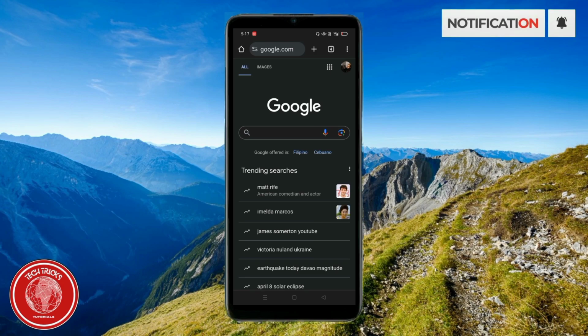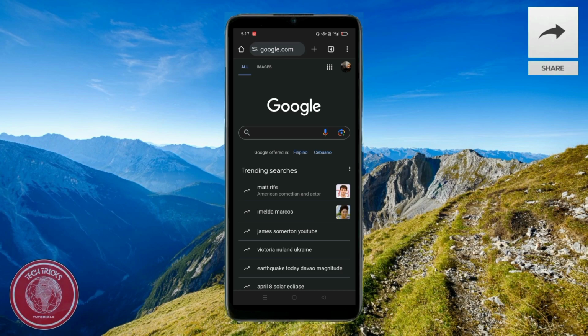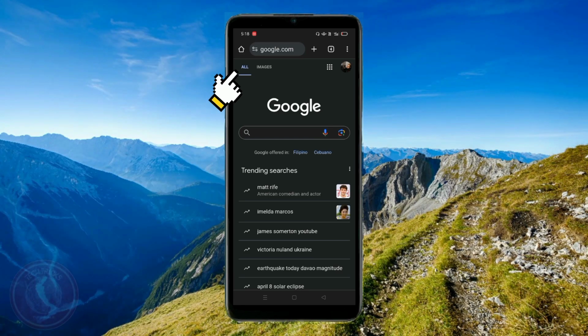So have you ever seen the internet lately where it's flooded with a lot of pictures like these and these? Well, I'm going to teach you how to create one of these photos in a few processes, a few quick clicks. Now, let's just go ahead and go to Google,